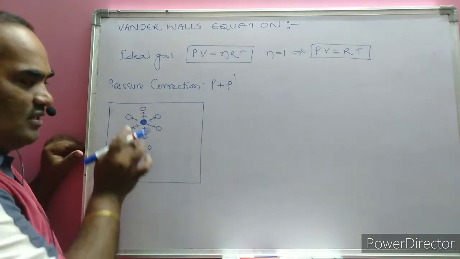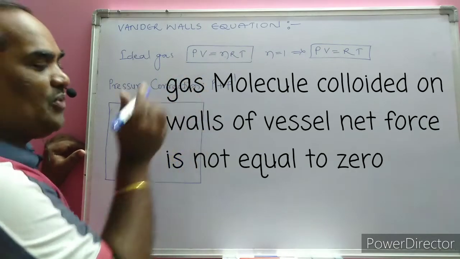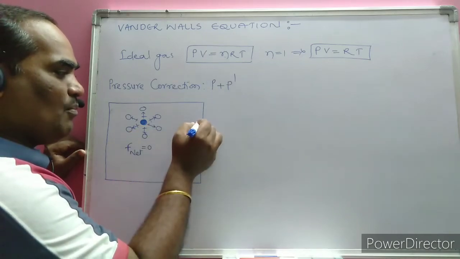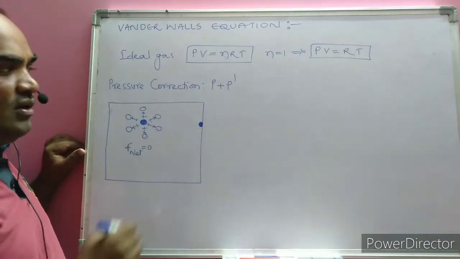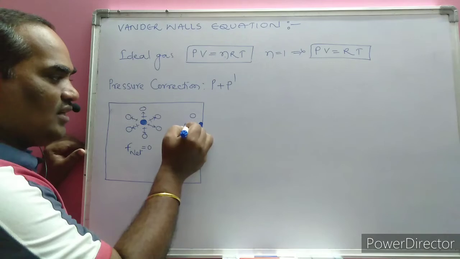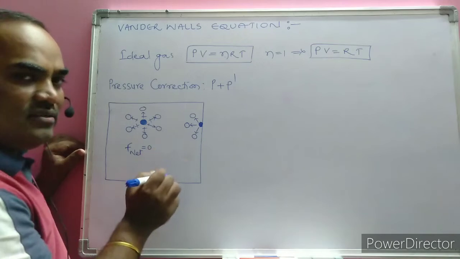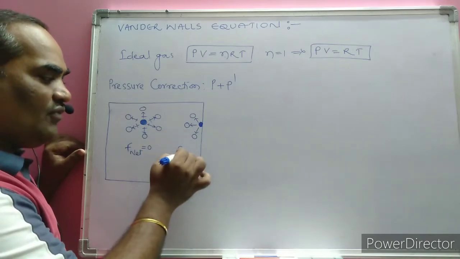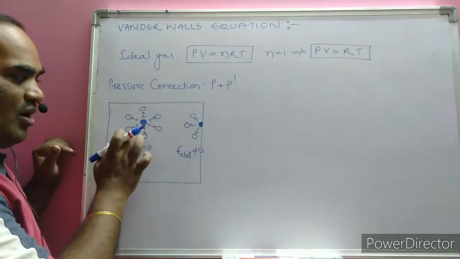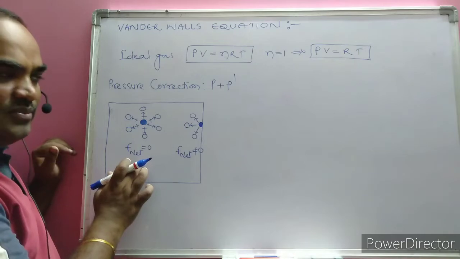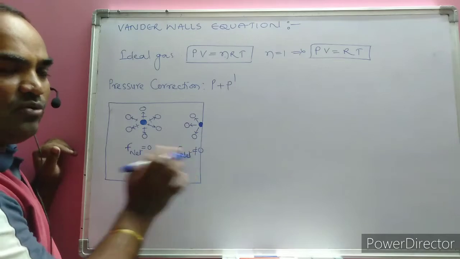Now, when a gas molecule is moving toward this side or that side, whatever it is, when it collides with the walls of the container, it exhibits pressure. Suppose this molecule collides with the wall of the container; as a result it shows pressure. Here, neighborhood molecules are present on only one side, which may attract or repel, so the net force acting on that molecule is not equal to what? Zero. When a molecule is in the bulk, the net force becomes zero. When a molecule collides with the walls of the container, the net force is not equal to zero.